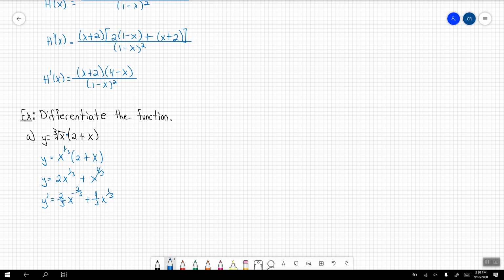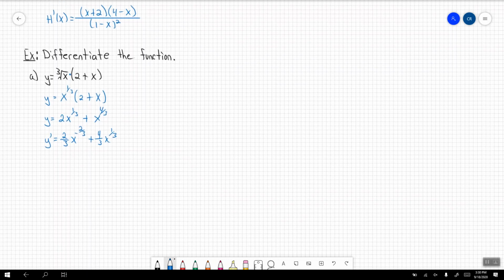Check that out, that is awesome. Looking pretty good so far. Now again, typically we want to factor out the negative exponents, that way we can have our derivative without any negative exponents. And if there's any common factors, we'll go ahead and get those out as well. So looking at this, I have a common factor for the denominator and for the numerator. I have a 2/3, those are my common factors, x to the power of, and we take the most negative exponent, the smallest, which will then be negative 2/3,